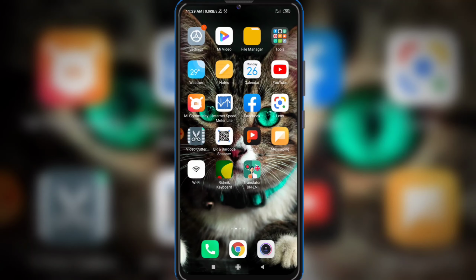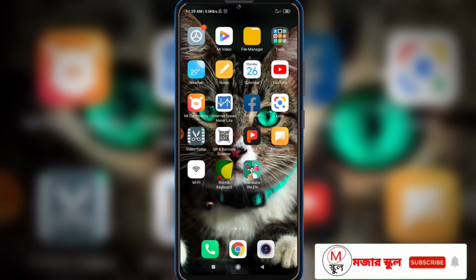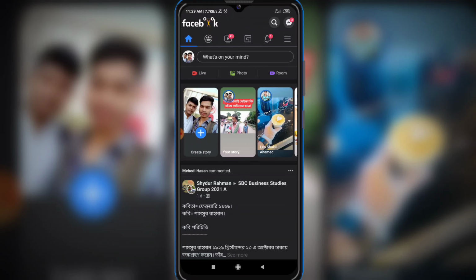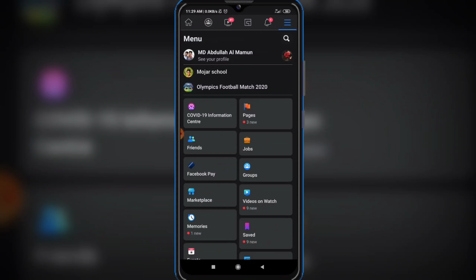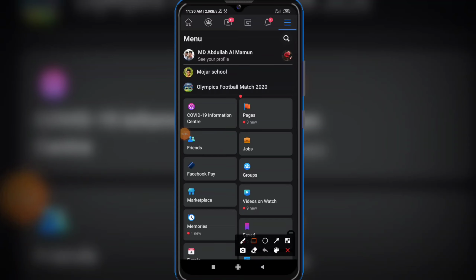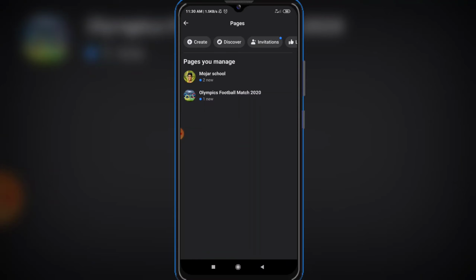First of all, you need to go to your Facebook account, and then you can see at the top of the right side, just click on it and then go to Pages, and then click on the page that you want to delete. So I'm going to delete Olympics football match 2020. So I'm going to click on it,